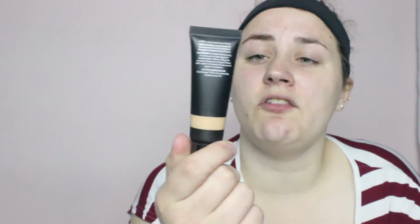Next, I have the e.l.f. BB cream. I've tried the e.l.f. BB cream before. I've used it in makeup tutorials. However, this one is different because it has SPF 20 in it, and the one before that didn't. And I just got it in the shade Buff. And I'm gonna put this all over my face so I can see the difference between the primer and the